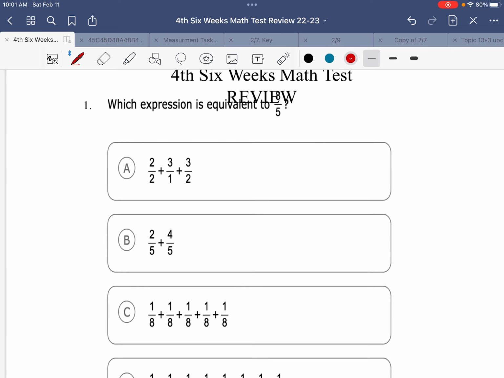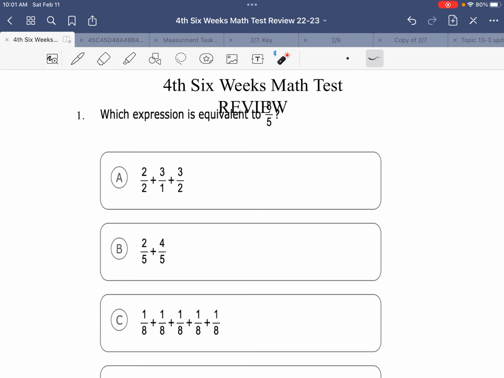So number 1 says, which expression is equivalent to 8 over 5? Okay, I'm going to do my cubes, always do my cubes. Circle my important numbers, so I have the fraction 8 over 5. Underline my question, which expression is equivalent to 8 over 5. Box in my keywords, equivalent. Equivalent just means equal